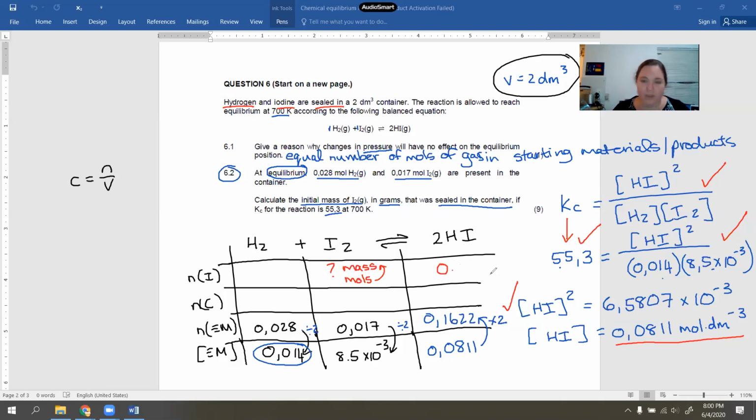There was nothing, which means that if we started with nothing and we finished with that number of moles, we must have made 0.1622 moles. Now, believe it or not, we do not care about what happens with hydrogen here. If you fill in the values, fantastic, but they didn't ask you anything about hydrogen. What we care about here in order to be able to answer the question is how many moles of iodine